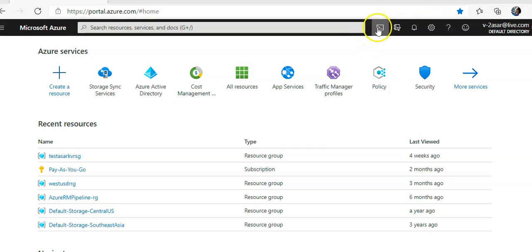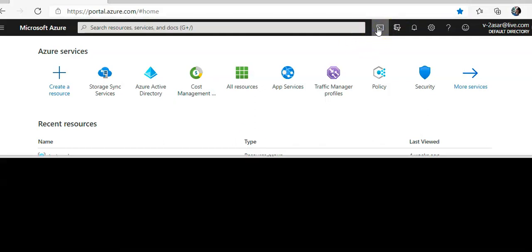So I will launch Cloud Shell to create a VM.